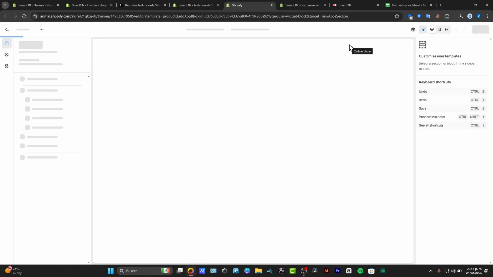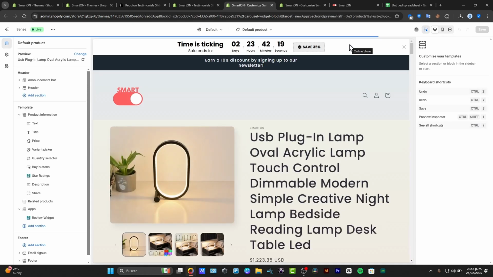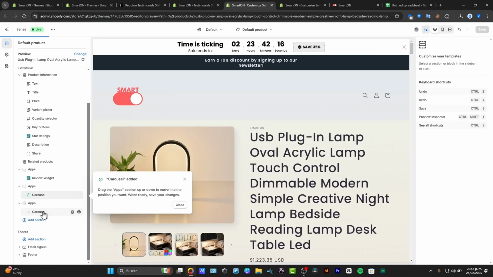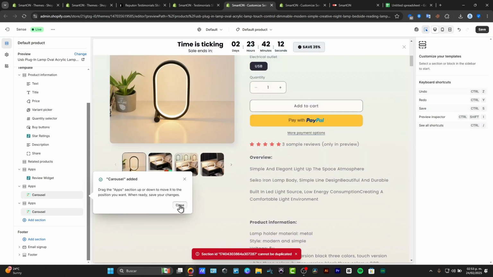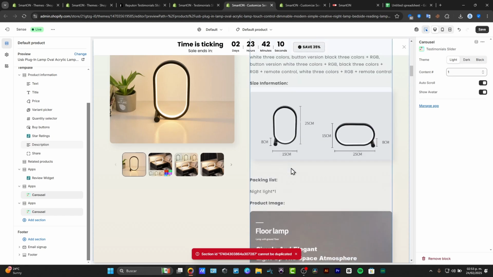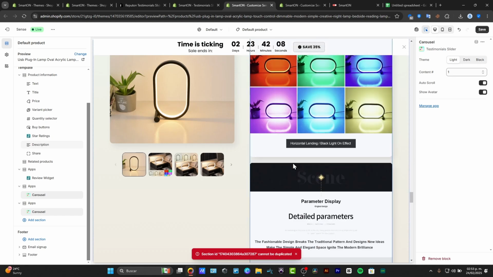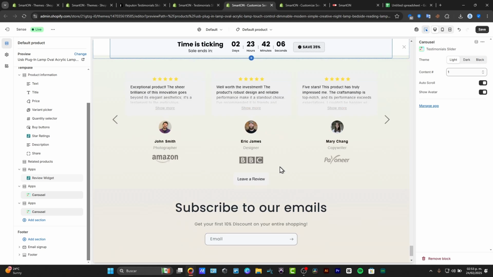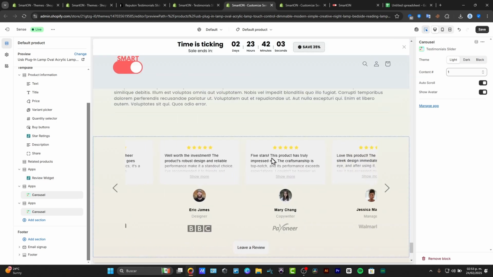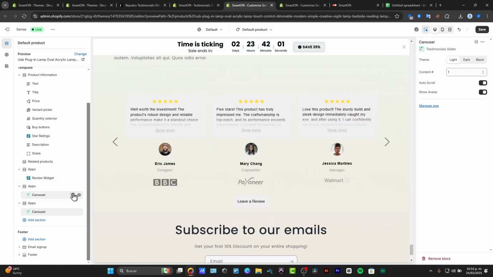This should open and take us into our Shopify editor. What we need to do now is make sure this appears here in Apps, Carousel. As you can see, I'm going to scroll a little bit down and check if the carousel that we have added appears. As you can see, my carousel appears now. I make sure that this one is not